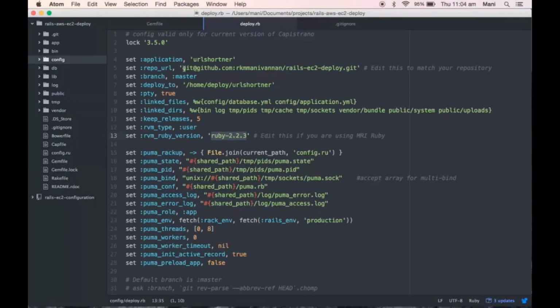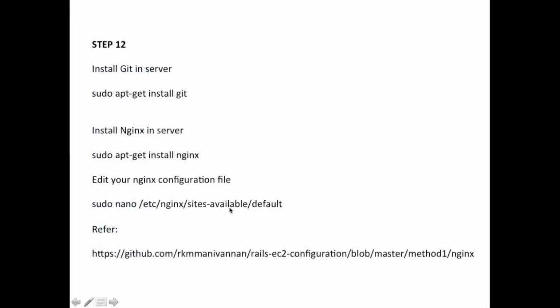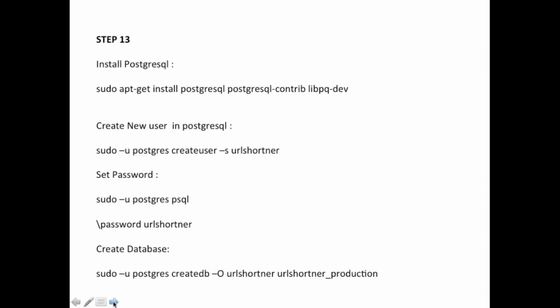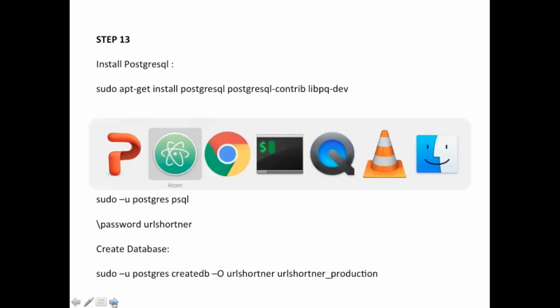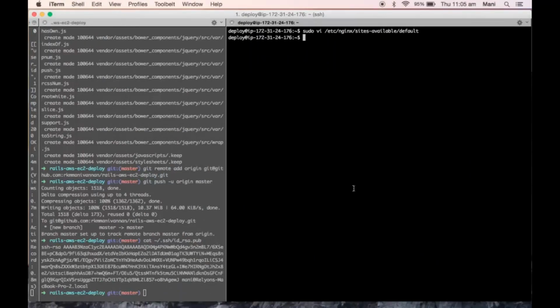Here you need to paste your repo URL. So now everything is done. We added a configuration in default, and we added our repository in our deploy.rb. The next step is we need to install Postgres on our server. For that, this is the command.